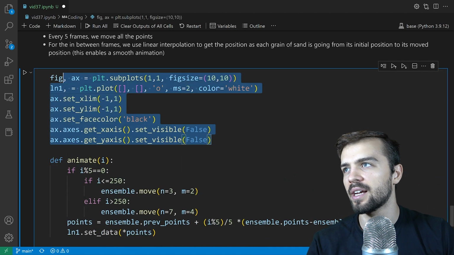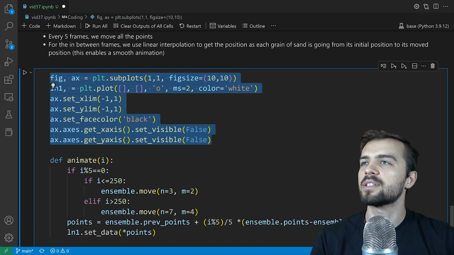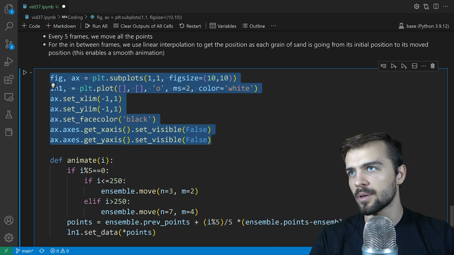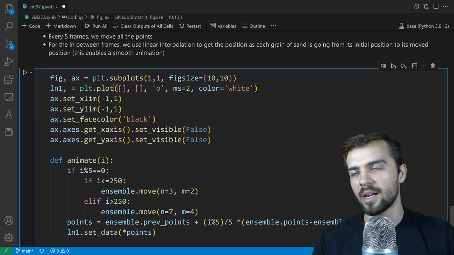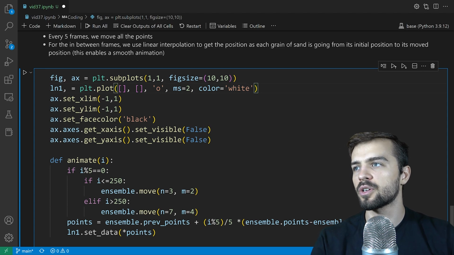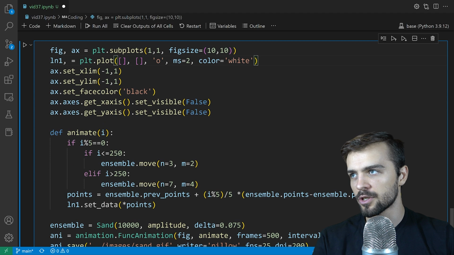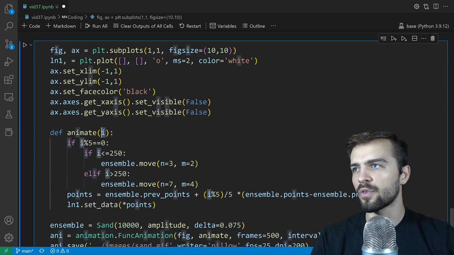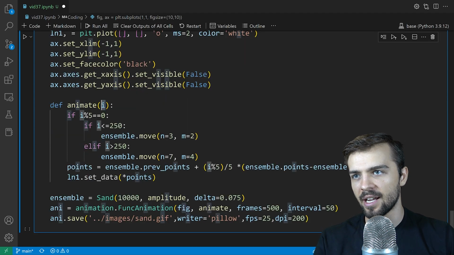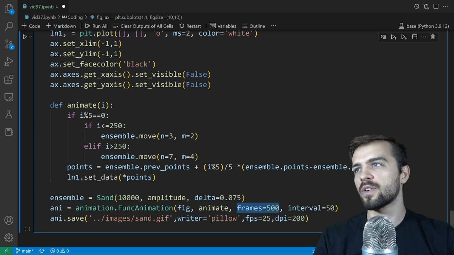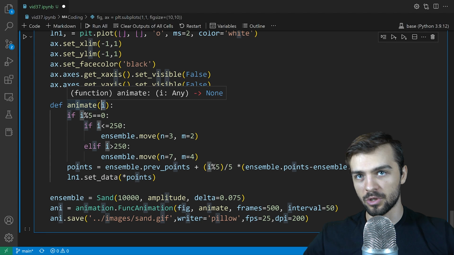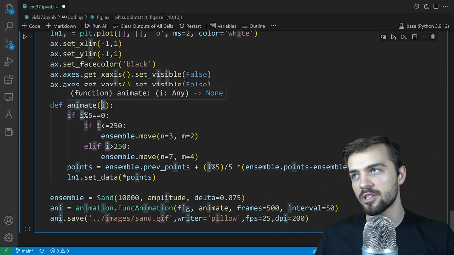So here I'm just creating an axis. I'm setting up everything I need for the animation that I'm going to plot on. The background's going to be black. The sand, pebbles, or whatever are going to be white. I'll turn off the axes, and then here's my animation function. So i is the frame, and when I animate, I say, okay, I want 500 frames total. So it's going to call this function 500 times,